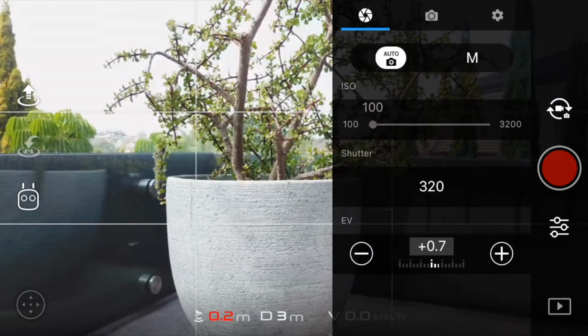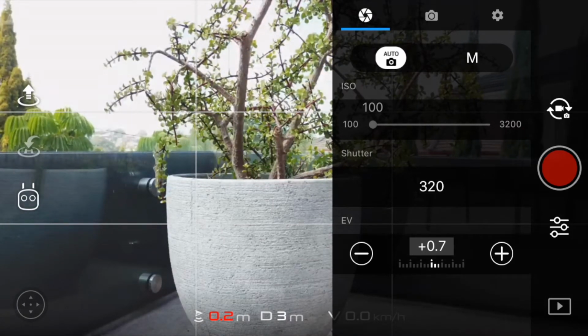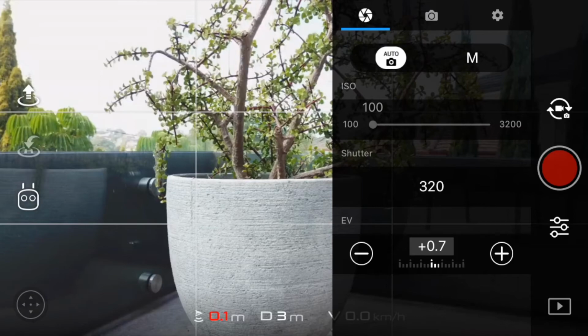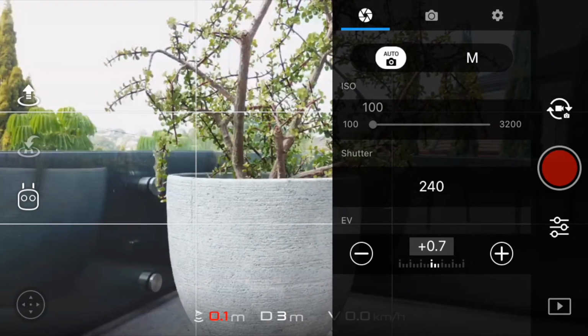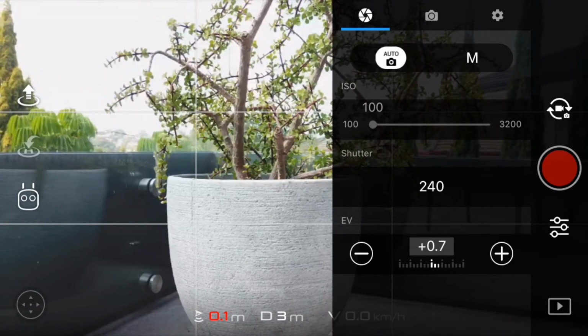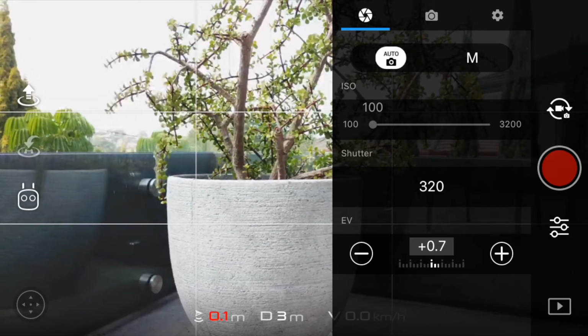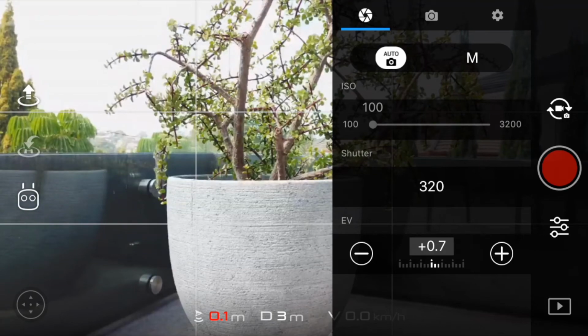Now click on the aperture icon. Under that, you will see the three different settings you can change: the ISO, shutter, and EV. You can keep it on automatic or you can change it to manual. We recommend using automatic if you don't want to have the distraction of adjusting the lens settings while you're flying. And you can always change these settings in a program such as Photoshop if you shoot in RAW, which we